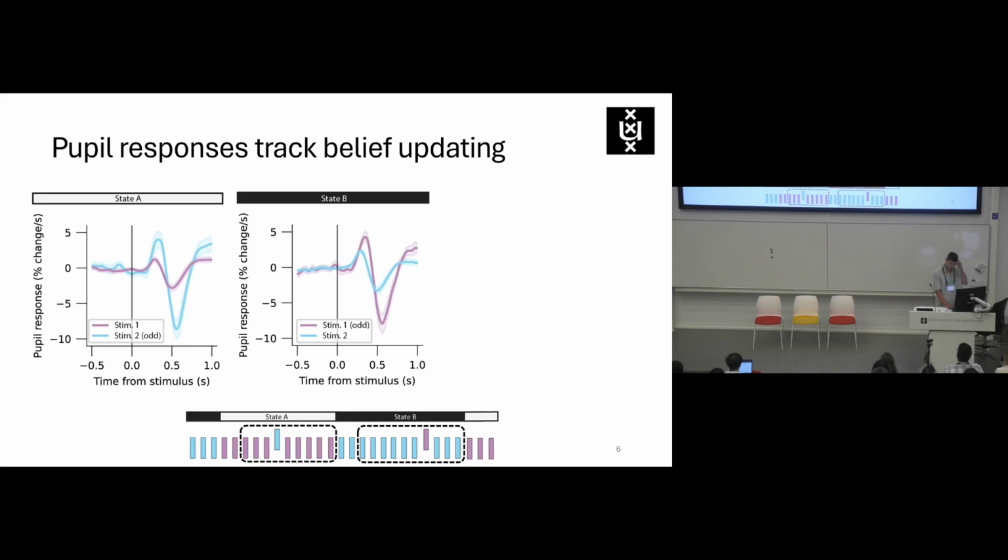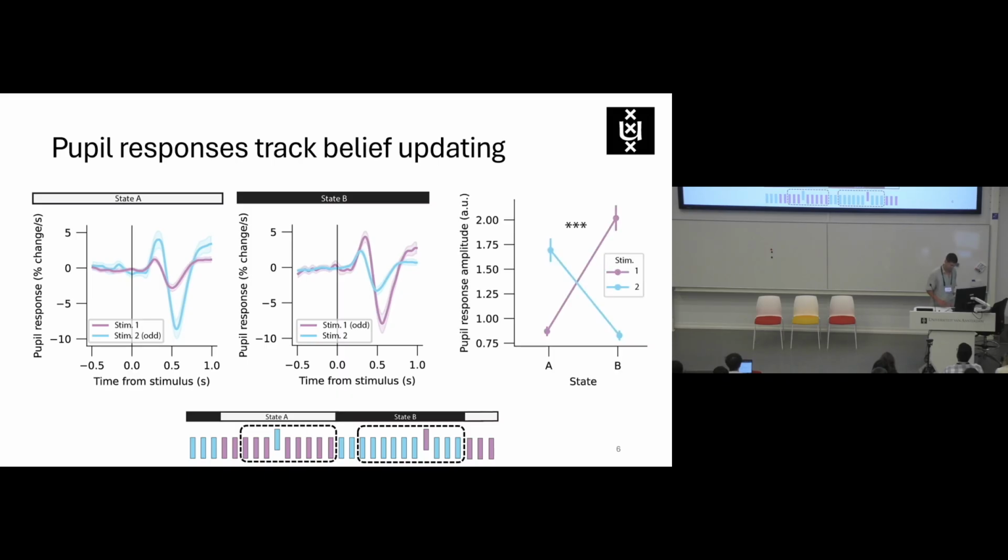We next collapsed those time courses using a linear projection method to stimulus-wise pupil response amplitude, and then used those amplitude values to perform a repeated measures ANOVA, which yielded a significant interaction between state and stimulus identity, confirming our prediction. Of course, we then identified this oddball response to be actually a prediction error and not just a result of bottom-up repetition suppression in a many-standard control experiment, not shown here because of time reasons.